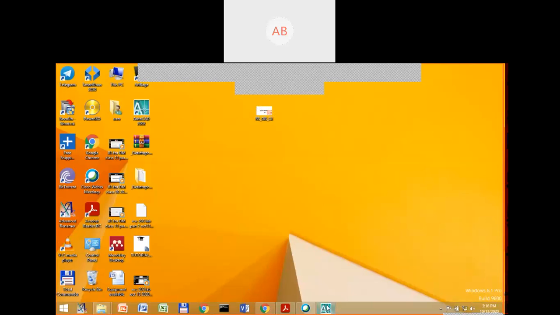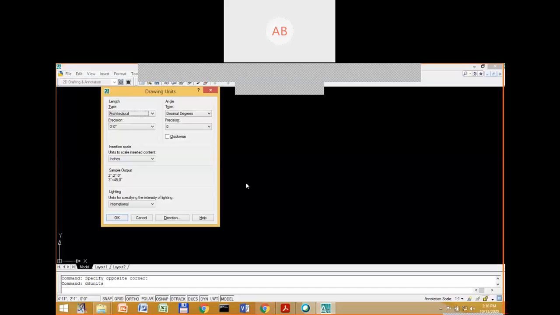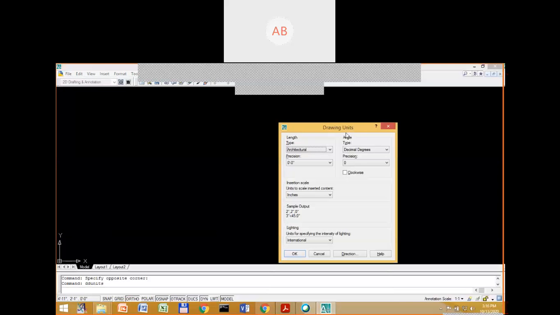Okay. As I said, I am going to use the architectural unit. For that, type DD, UNITS, and enter. And here I changed this. Initially it was in decimal. I changed it to architectural, and then the precision is 0 feet 0 inches. Okay. So next is